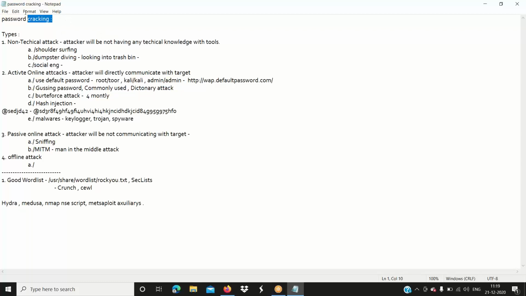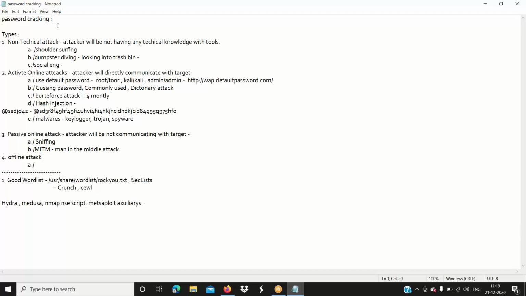So an attacker will misuse these password cracking techniques to gain unauthorized access over devices. Most password cracking techniques will only work when they use an easily guessable password.